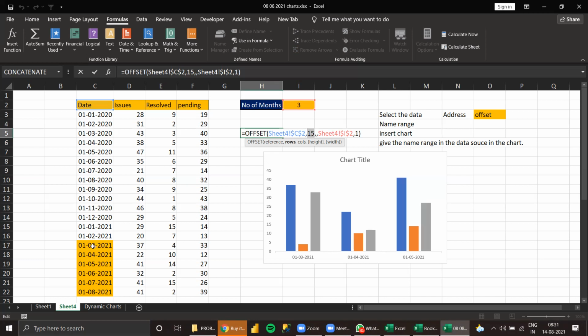Right? That's how I put 15 here, thinking last 6 months. But I should take a dynamic one. How can I do that?